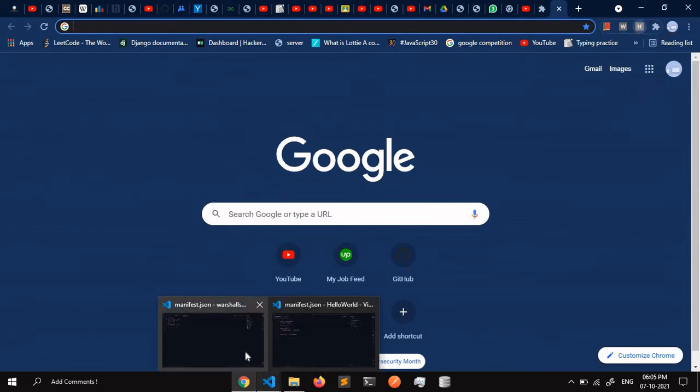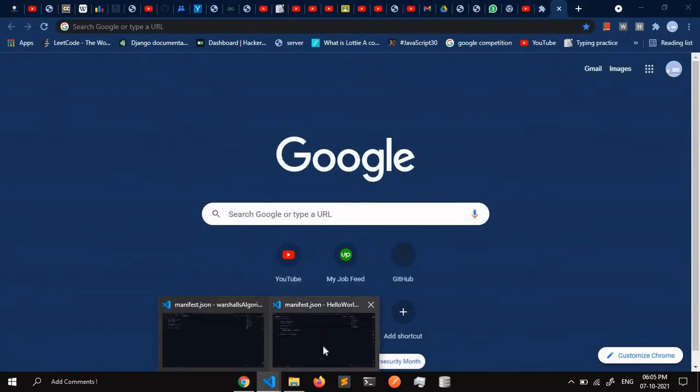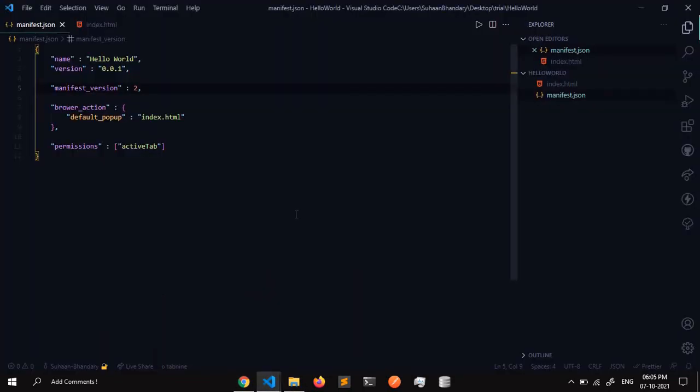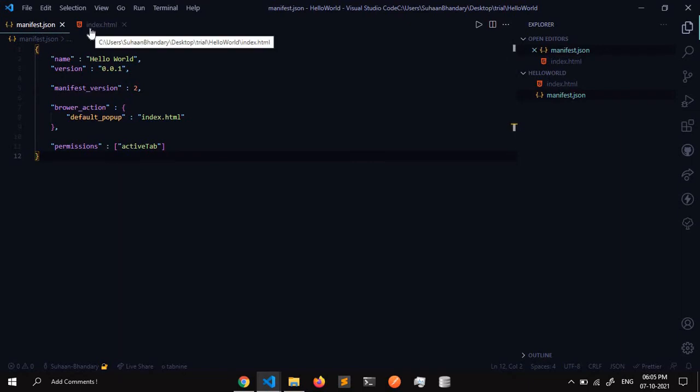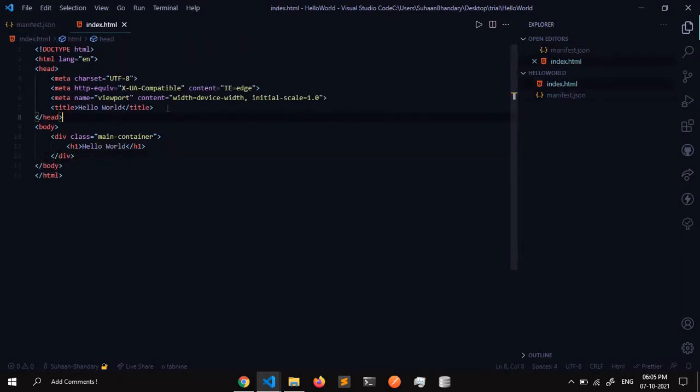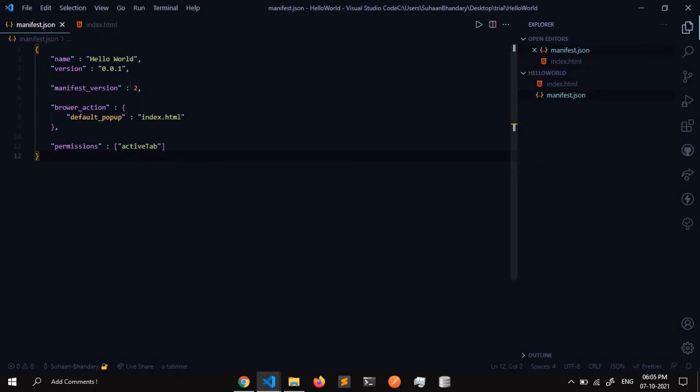This is my first time making these Chrome extensions, but what is the error now? Active tab is there, name is also there, hello world. Can anyone guess here, because it will be a small typo or something, but what is it?